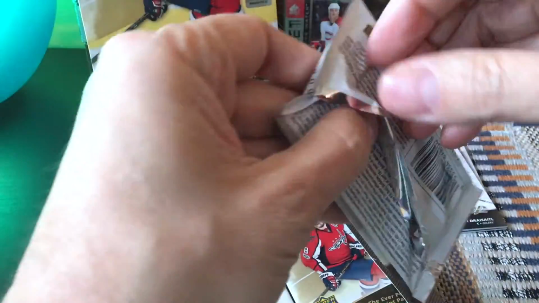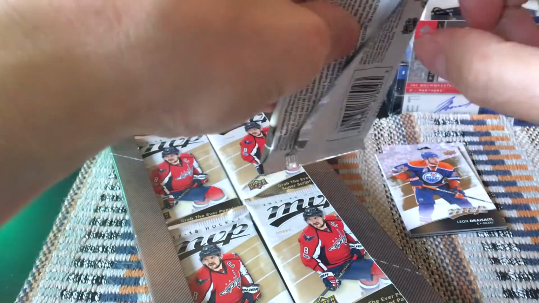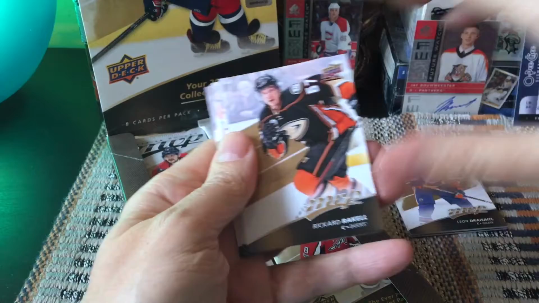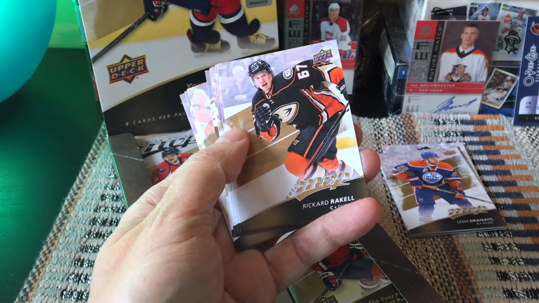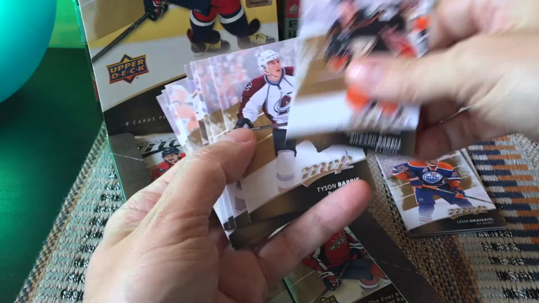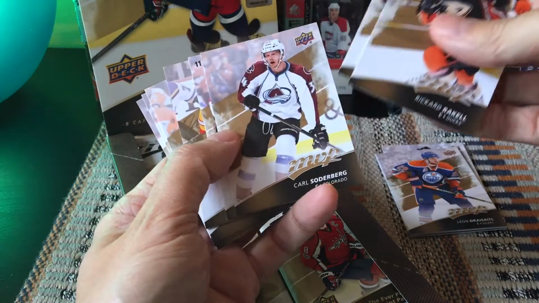I'm not too fazed by those, so I don't really make a big fuss when I hit the high-number short prints, because the short prints are essentially 10 cards, so they're 1 every 2 packs, so they're not particularly rare. Barry, Soderberg,